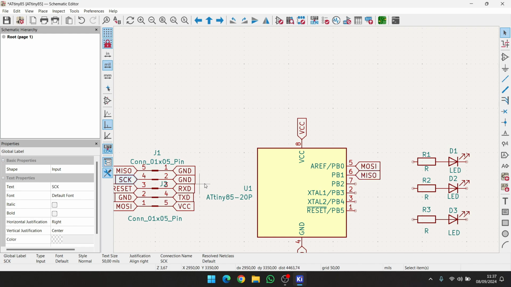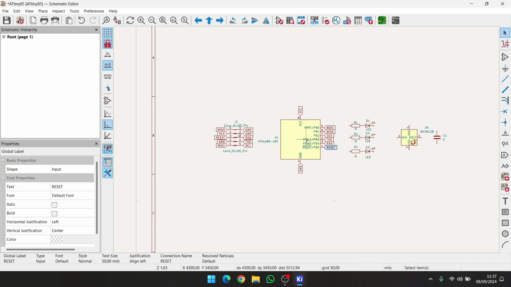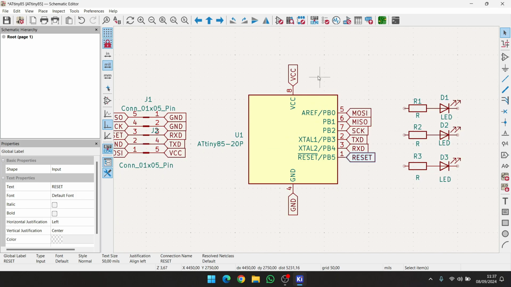SCK. TXT. RXT. And lastly, reset. Now, the ATtiny85 pins are done. Next, for the capacitor, resistor,